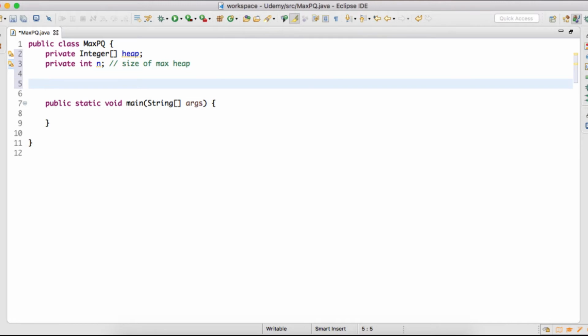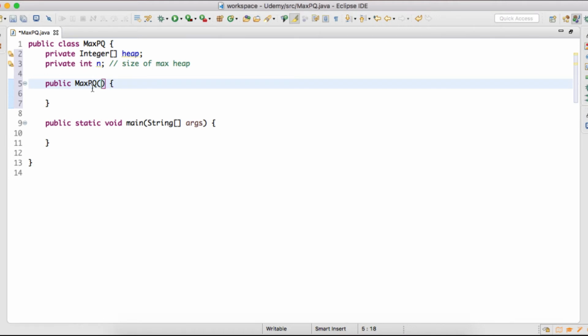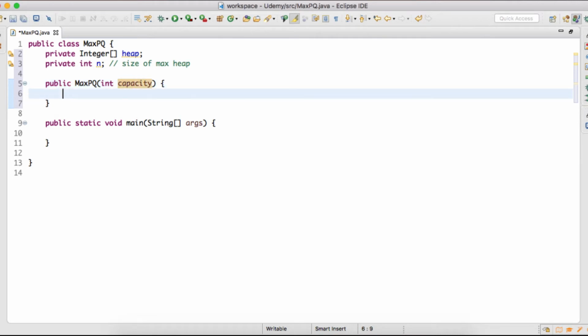Moving ahead, we also discussed that we will provide a constructor. This constructor will take the initial capacity of the heap. Inside this constructor, we also saw that first we will create an integer array whose size will be capacity plus 1.